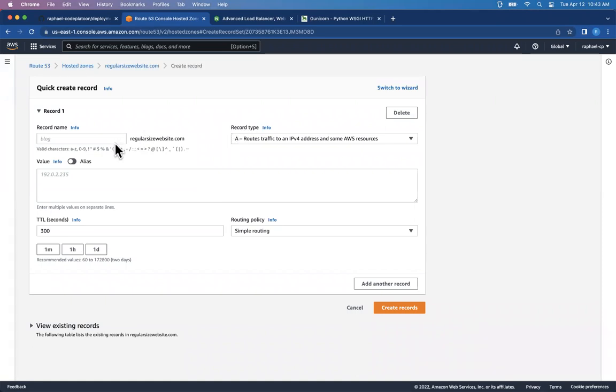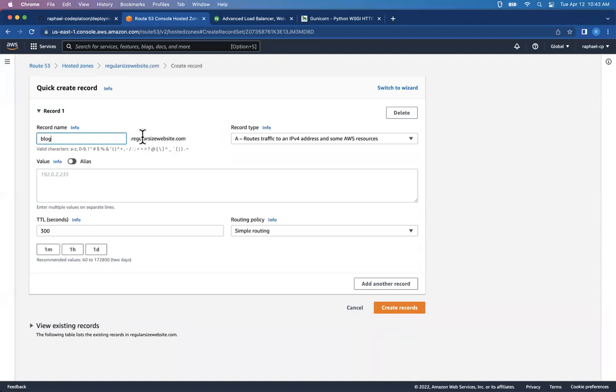Well, so let's back up a little bit. So record name, you might be wondering what to put here. You don't need to put anything here, honestly. This is for subdomains. I think name is kind of a weird name for it because it sounds more important than it is. But this is for like, if I wanted to have, the example here is